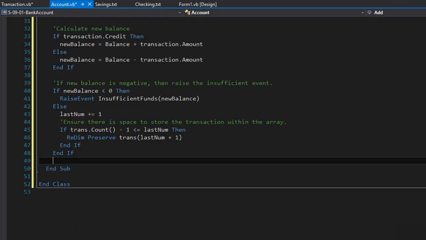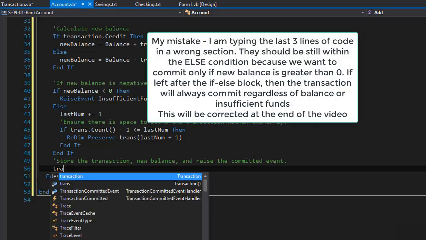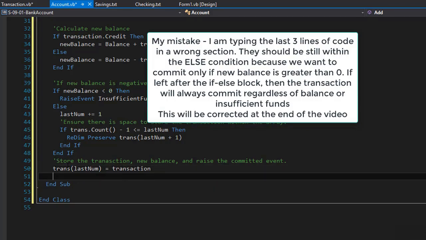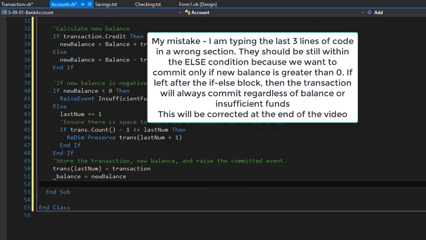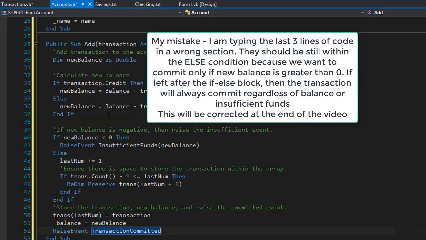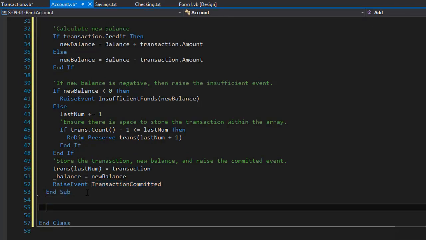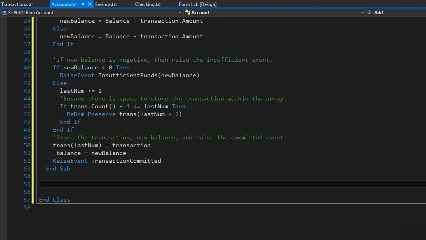Alright, so now we can store the transaction and the new balance and raise that the transaction was committed, so we'll raise the event for that. So our transaction array with the index of the last number will equal whatever the transaction we just committed. And our balance will now equal the new balance. We can add that to it now. And finally, now we can raise the event that the transaction was committed. So this is our add subprocedure, and last we will create a subprocedure to load the data from the comma